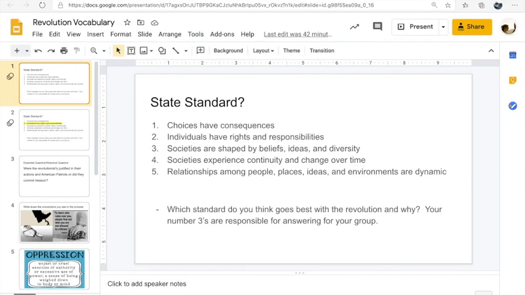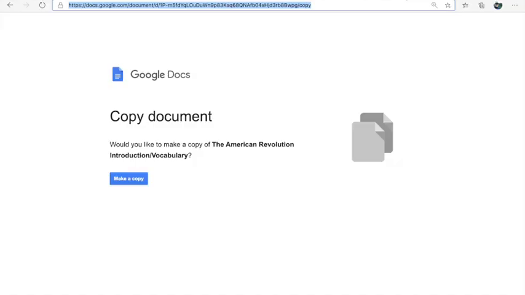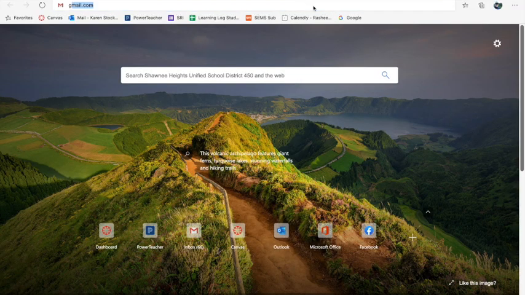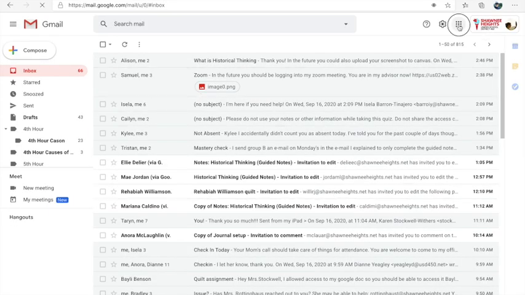This sheet is going to be your introduction to the revolution, and it is also going to have your vocabulary on it. So in your history folder, what I would do,